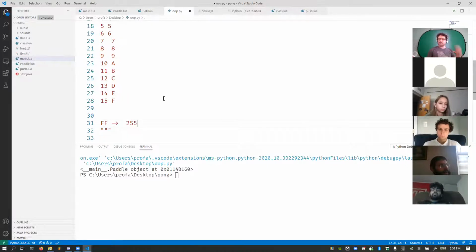Now how do we get that? Well, how do we translate a number from hexadecimal to a decimal value? It works the same way it does in base 10. If we have a number in base 10, 136, that's equivalent to 100 plus 30 plus 6.